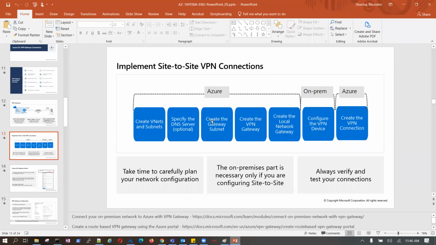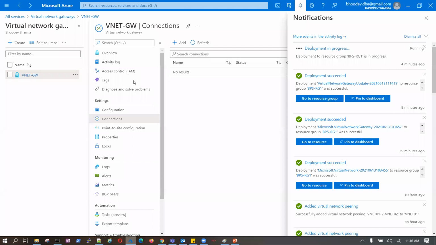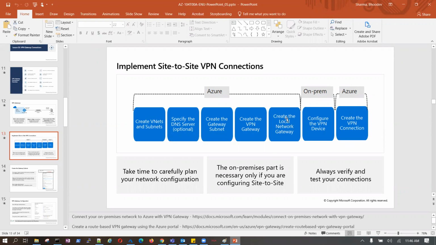Create the gateway subnet in the VNet in which you are trying to establish a connection. Create the VPN gateway. This step we already created. The VNet gateway creation is going on, and now go with the next step. Create the local network gateways. We have defined the local network gateways. On the on-premises side, configure the VPN device.